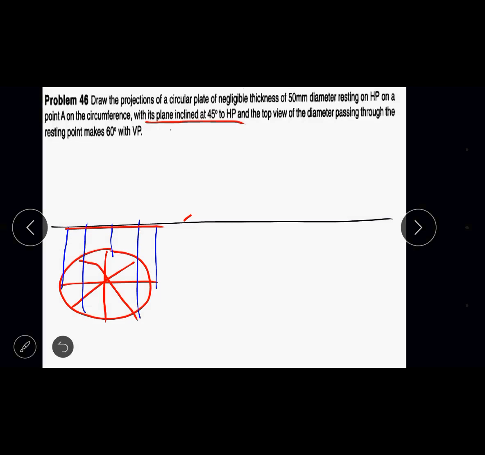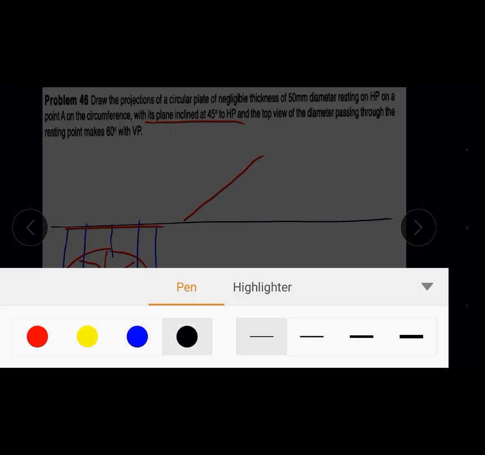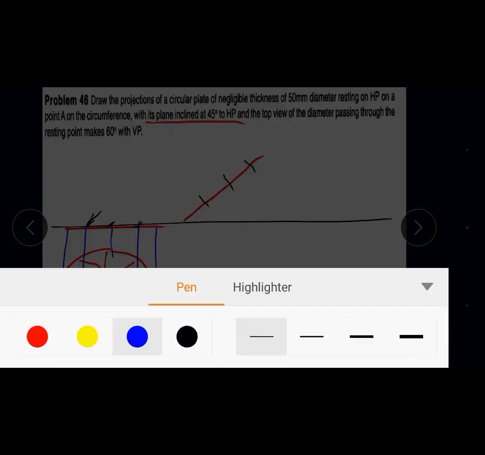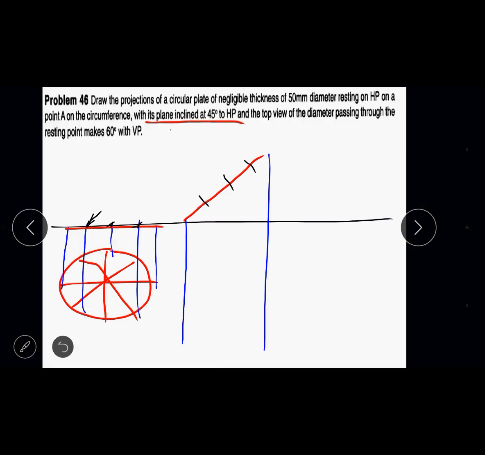Mark the distance for that: the first left-hand point, then the third, the fourth, and then the last. Measure the distance from the left-hand point to the first position and cut an arc, again from the first to the third position and cut an arc, and again from the first to the fourth position and cut another arc. Measure all those and then draw the projection lines. This is the starting point and this is the end point. In between you find 3 intermediate points.